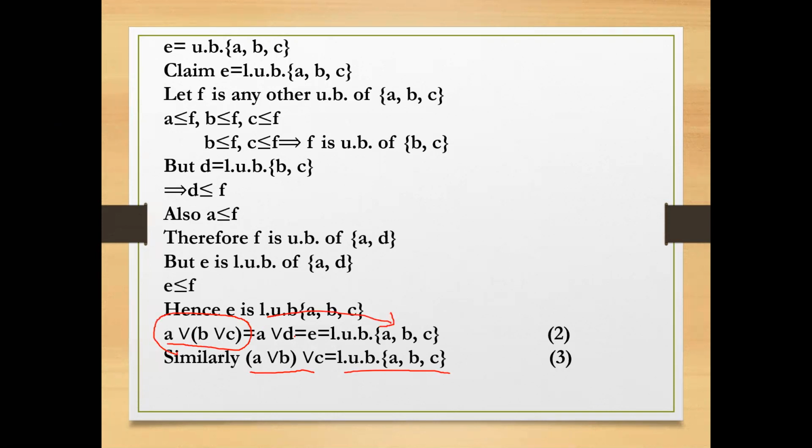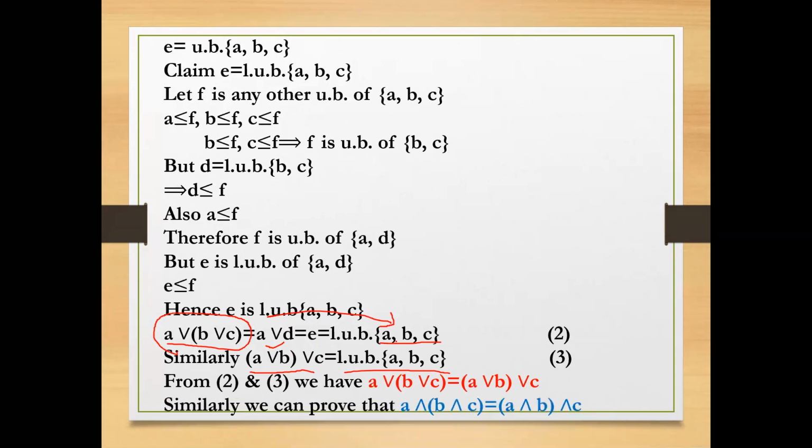Whatever the brackets, they have no role; all three elements are openly placed. It means here too, if the bracket comes on the first two and we solve them, we will again get the least upper bound of ABC. So from 2 and 3 we have that both the sides are equal, hence the associative law has been proved for